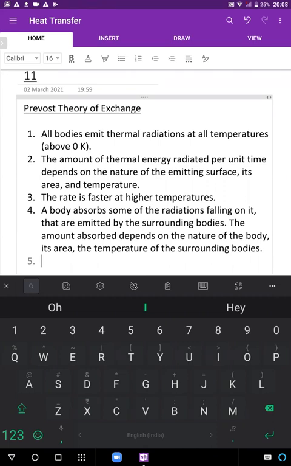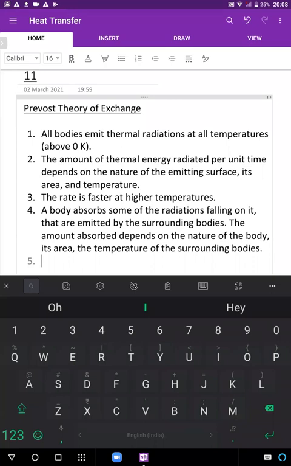And again, somebody is asking about 0 Kelvin. Someone is asking how we can prove this 0 Kelvin thing. There is no question of proving. 0 Kelvin is that ideal temperature where the bodies have no kinetic energy. So if they have no kinetic energy, they are not going to be able to radiate any thermal energy at their expense. One who has no energy of their own, from where will they throw energy out? Therefore, at 0 Kelvin, bodies cannot emit thermal energy.